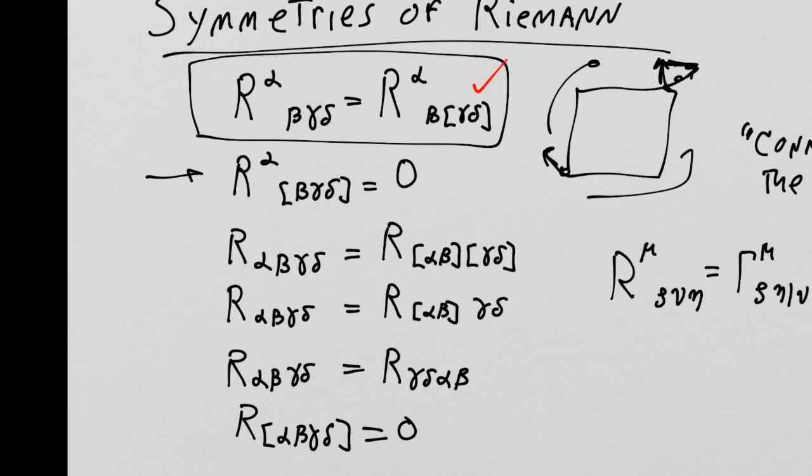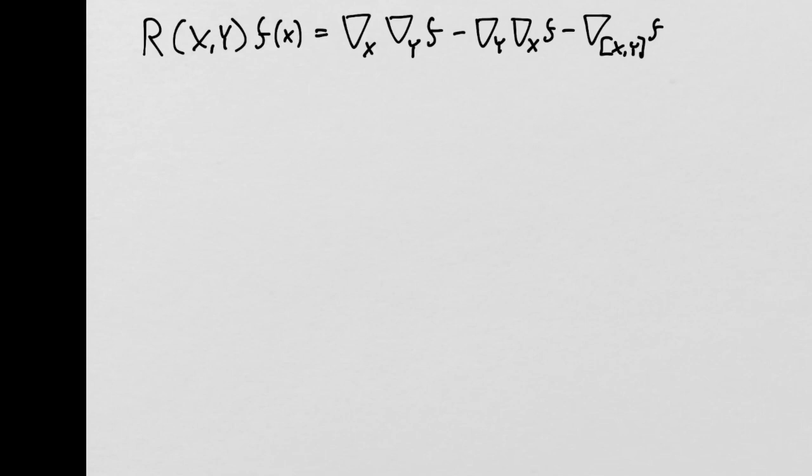We've done this one, we've done this one. So now we want to work on these three that involve the completely covariant form of the Riemann tensor. So let's do that. We begin by noticing the important fact that this curvature mapping acts on a function